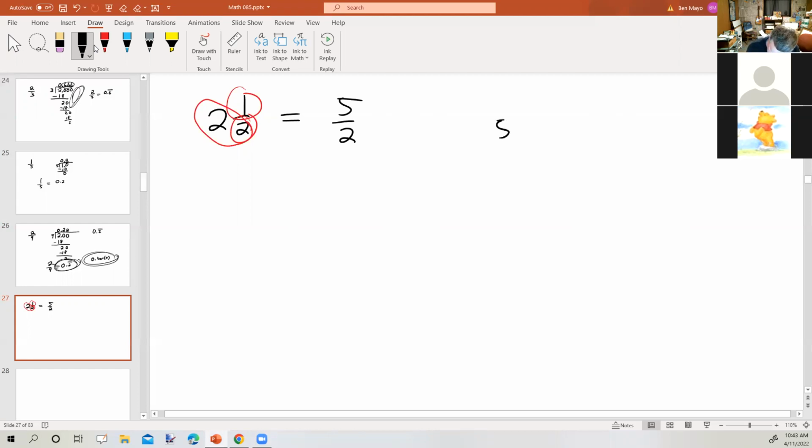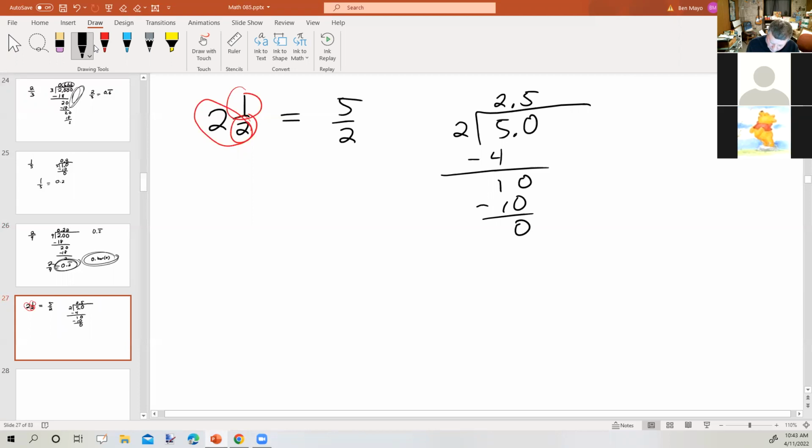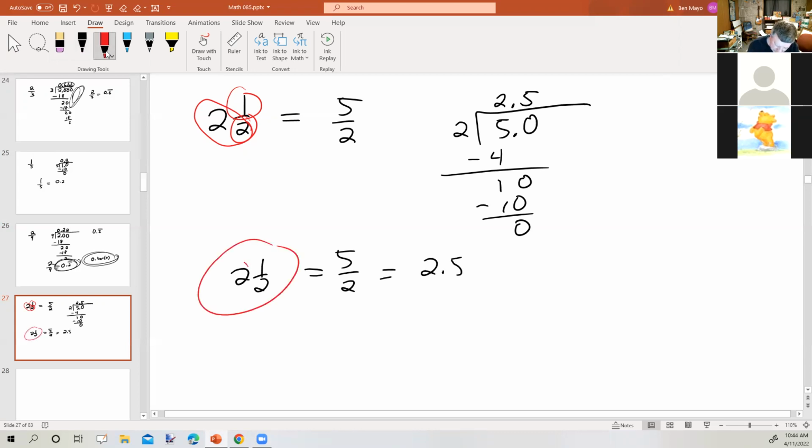All right. Then we take 5 divided by 2. 2 goes into 5 twice. 2 times 2 is 4. 5 minus 4 is 1. Okay. But we're going to keep going with it. So we're going to add a decimal point and bring down the 0. 2 goes into 10 5 times. Exactly. So 5/2, which was 2.5, equals 2.5. I want to point out that in 2.5, 2 is the whole number, 1/2 is the partial number